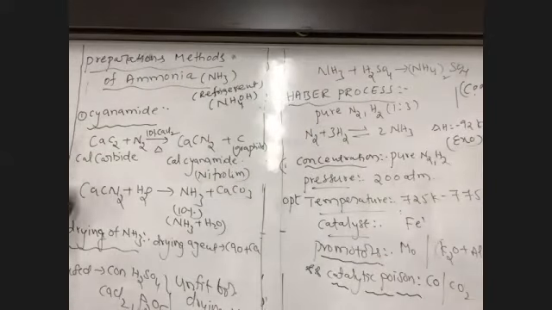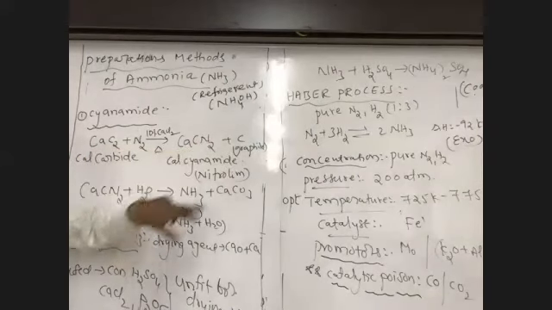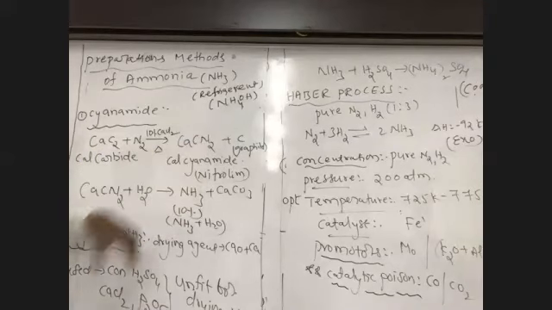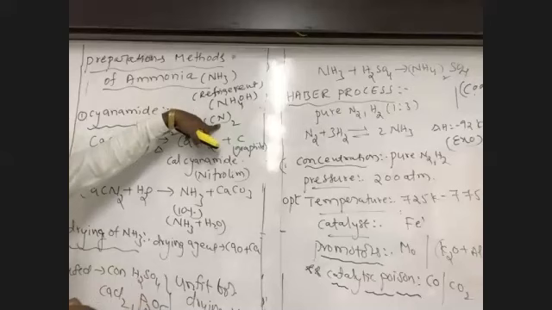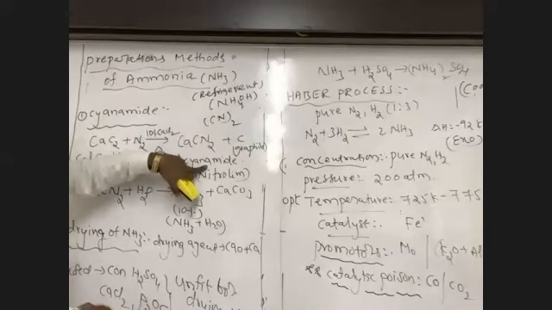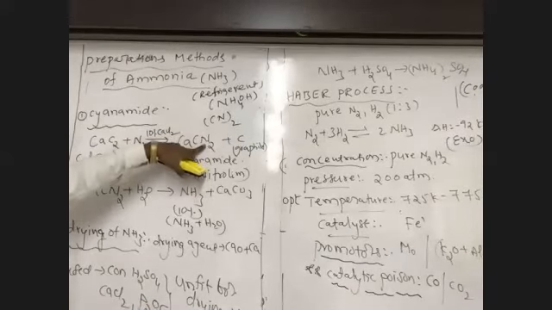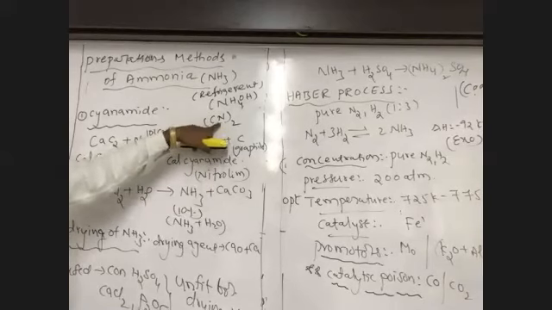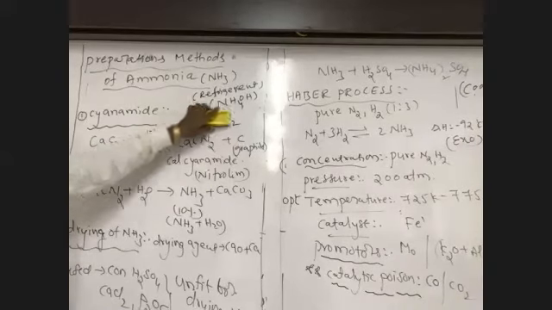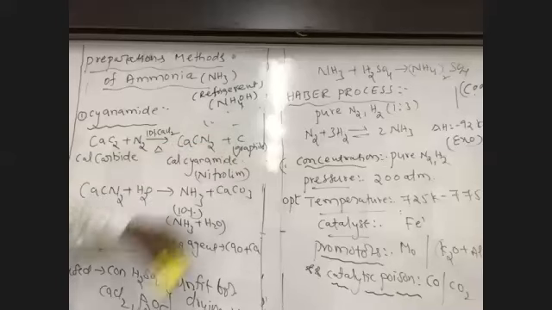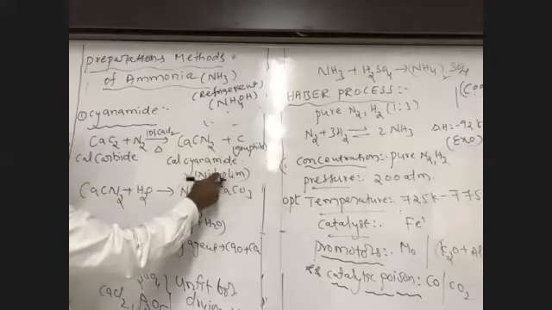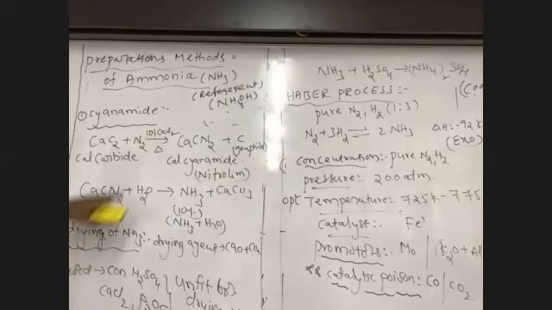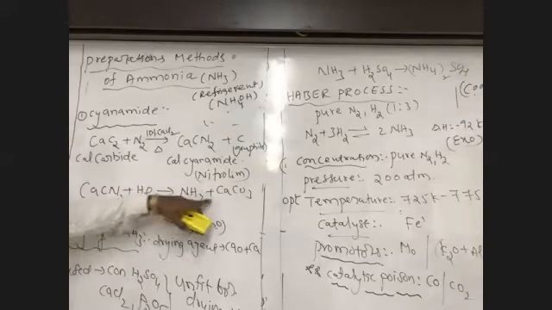In the Steinmetz process, CaC2 reacts with N2 to form CaCN2 plus C. CN taken twice is called cyanide. CN2, with only nitrogen twice, is called cyanamide. Here the C is present in the graphite form. That mixture is called nitrolim, used as a fertilizer. The CaCN2 again reacts with H2O to form ammonia.